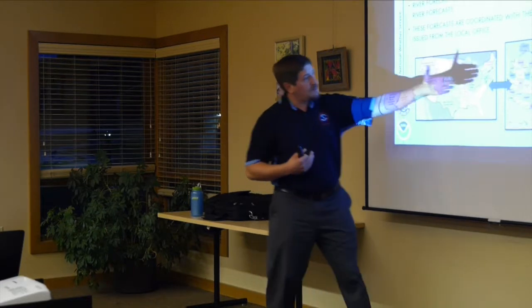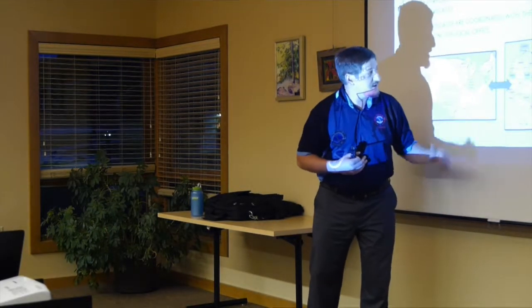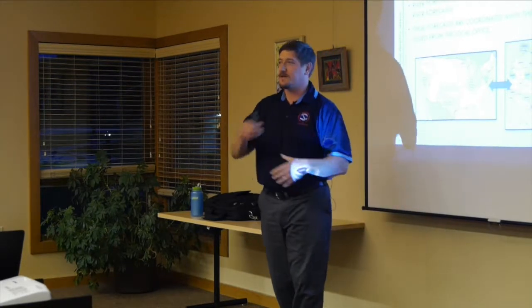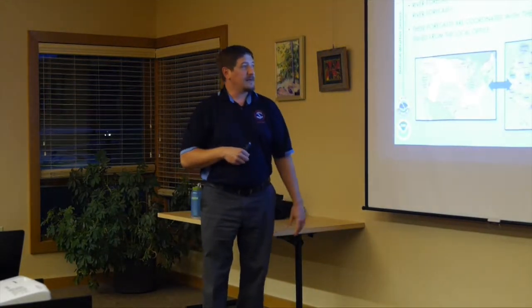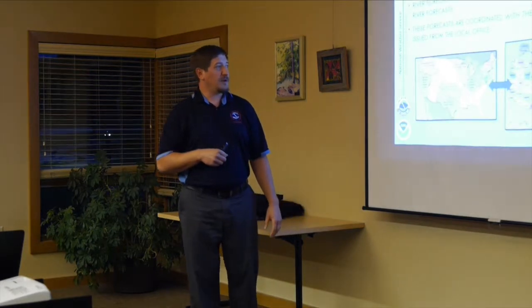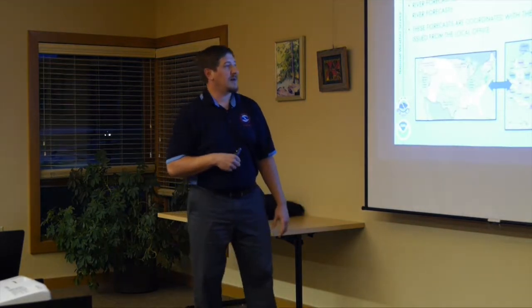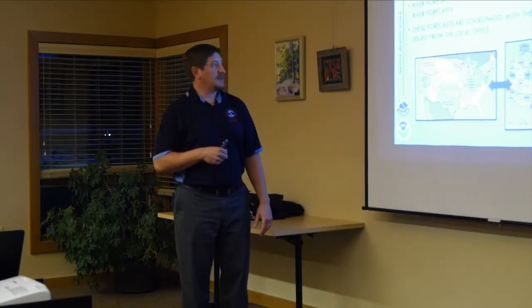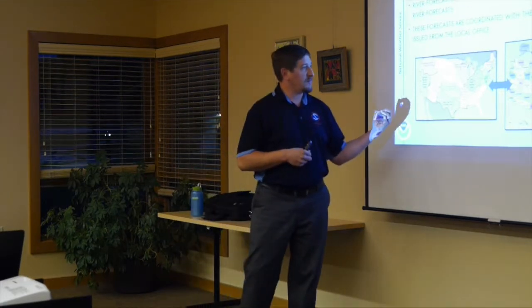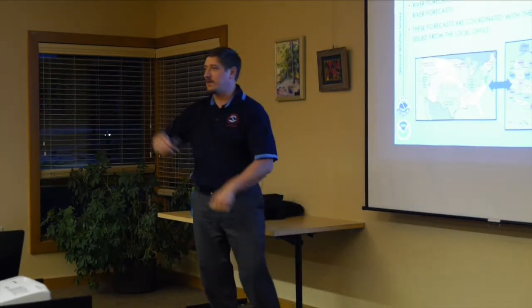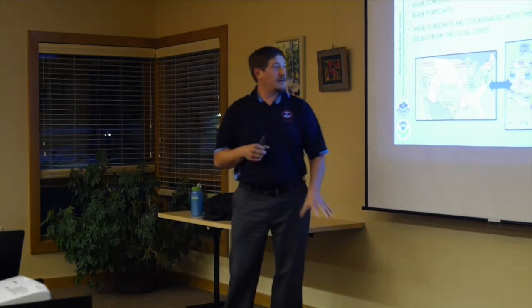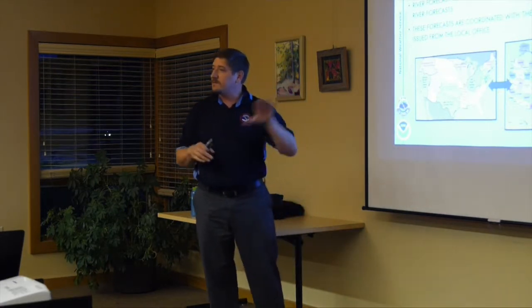So this is a breakdown of all the different weather service offices across the country. I think there's 122 in total. Here's La Crosse, and you see the different shapes. That's called our warning areas, or the counties that we service. Not necessarily broken down by state lines. More has to do a lot with radar coverage and partners present in the area. So it's not just a one-way street where the River Forecast Center comes up with a river forecast and sends it to us and we just send it out. Nope, they send it to us, we look at it, we provide our input, and then we collaborate, coordinate those forecasts, and then send them out.